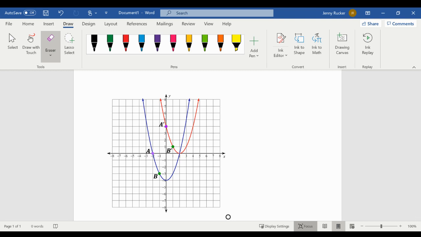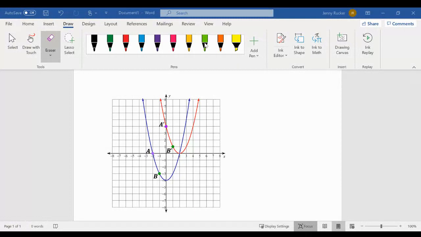In this problem, we are asked to determine if a translation occurred. We could look at it algebraically by investigating the mapping of A to A prime and B to B prime and looking at the function rule for those mappings. And we can also determine if it's a translation by looking at the segments that connect the corresponding pre-image and